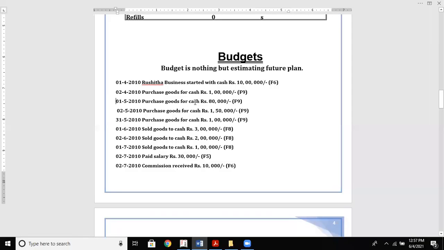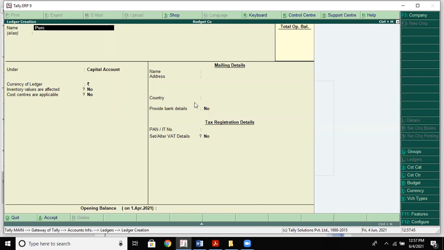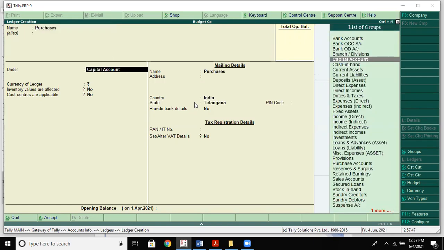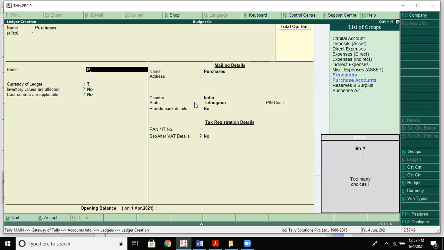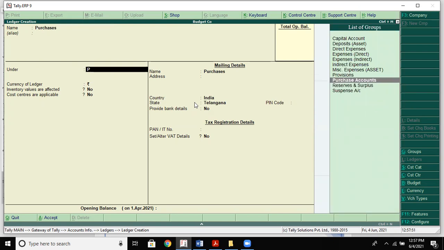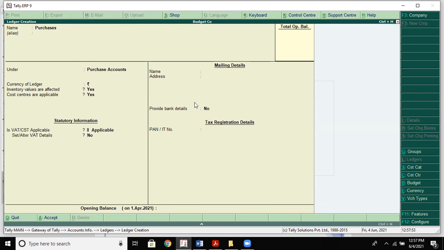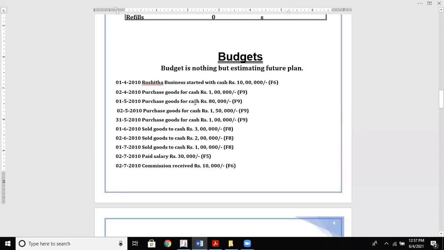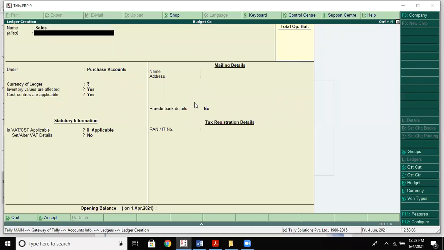Then she purchased goods for cash. So nothing but purchases, under group purchases. And then she also sold goods for cash. Sales.